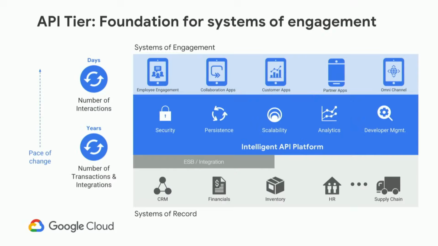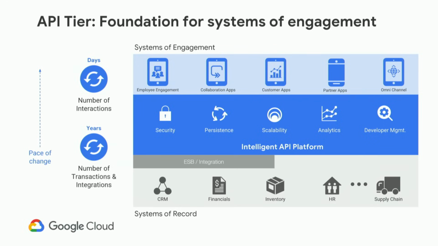Now, how does Apigee do that? This diagram talks about something which is more commonly known as a two-speed IT or a multimodal IT. These are words which have been thrown around in the IT world in the last few years. So what it means is down below, where you see the CRM and the financials, HR, supply chain, and all of that, that's a system of records. That's the layer which you hardly ever want to touch, right? You don't want to go and change your users' database schema every few days or every few months. Maybe that changes once every couple of years. So the pace of change over there is very, very slow,